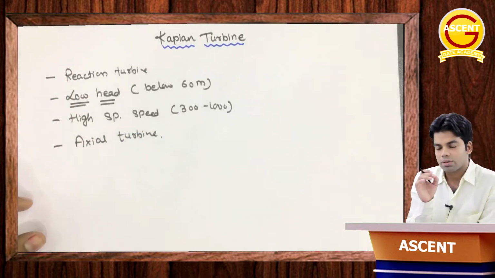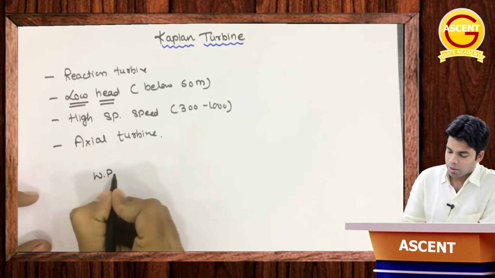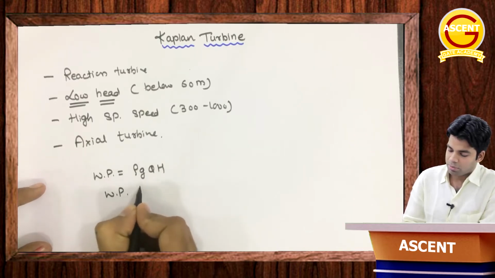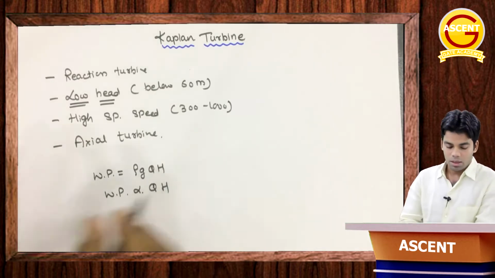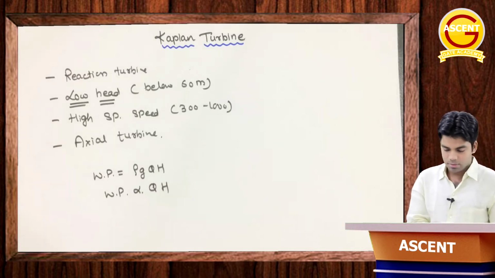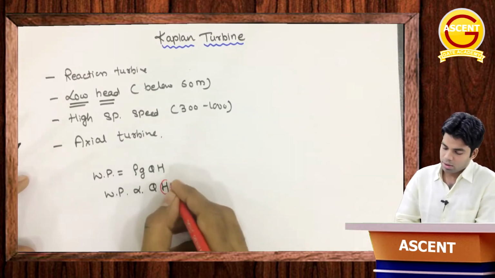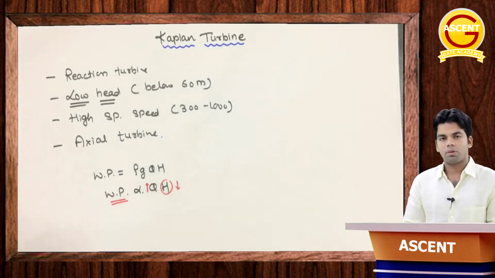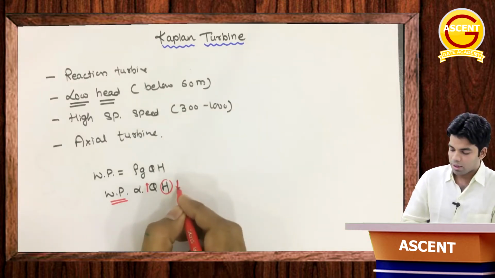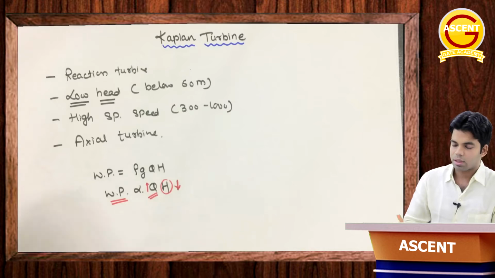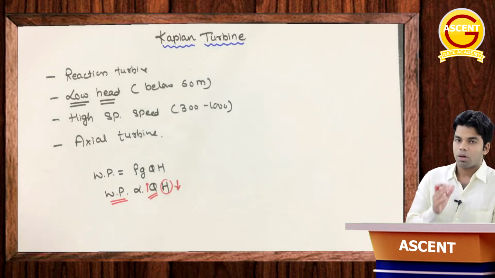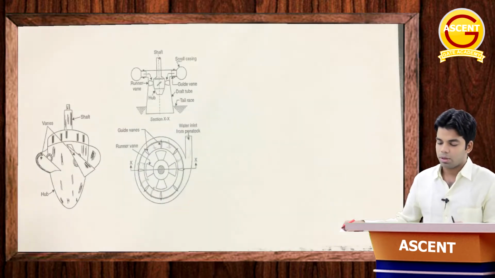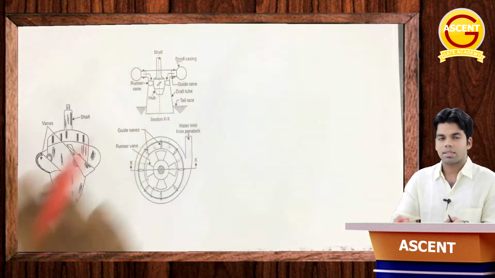Now, what is the disadvantage of using low head? We know the available water power is rho g QH. It means this water power is directly proportional to Q into H. Now, if the head is less, obviously this Q has to be more, then only we can have sufficient water power. Otherwise the water power will be affected. So if we are using it under low head, this Q has to be very high. And for this high Q, two things are essential. First thing, the water should pass axially, because when the water passes axially, the discharge is very high.